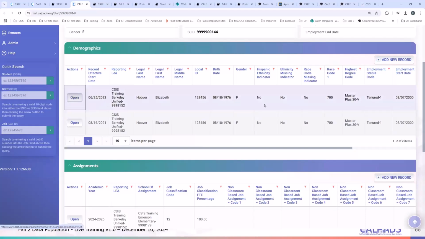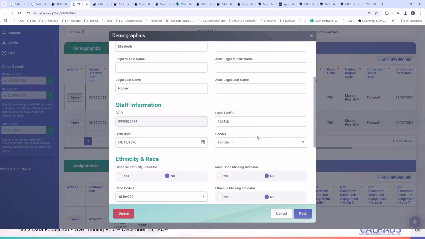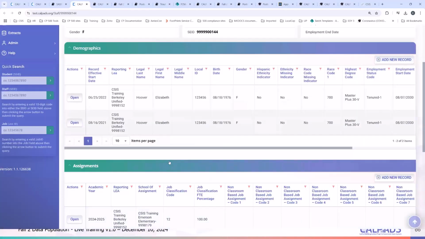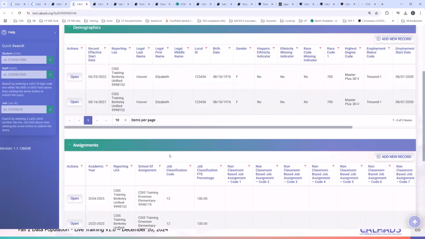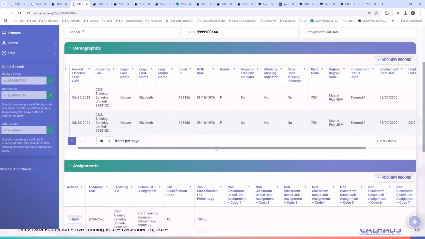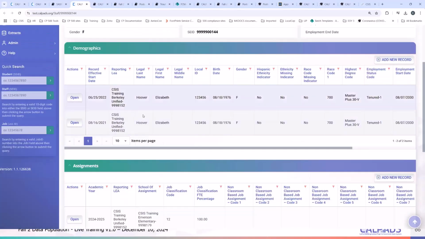And then number two, when you update your staff demographic record, it also forces you to at least look at your staff service years and make sure that the staff service years have an incremental update as well. CalPADS is not intelligent enough to validate if you've updated your staff service years. As you know, if you have a staff service year of just one or two, they will be considered inexperienced teachers. Yes, that's right. So it is important that you always update your staff demographics.